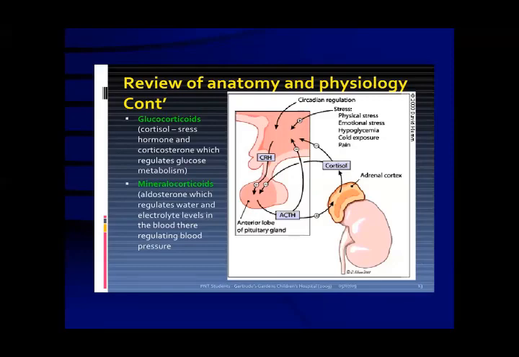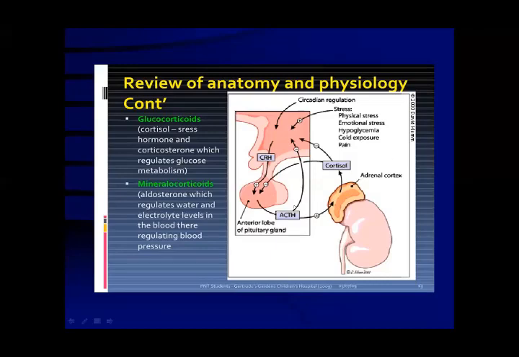So of these releasing hormones, you can see the corticotropin releasing hormone. This is released by the hypothalamus and acts on the anterior pituitary, and here the ACTH is under the control of this hormone. So the main hormone is CRH, corticotropin releasing hormone. This acts on the anterior pituitary and ACTH is released. This is the positive feedback, and this acts on the adrenal gland, the adrenal cortex, not on the medulla. The medulla, I told you, is under neurogenic control. The cortex is under the control of higher centers.